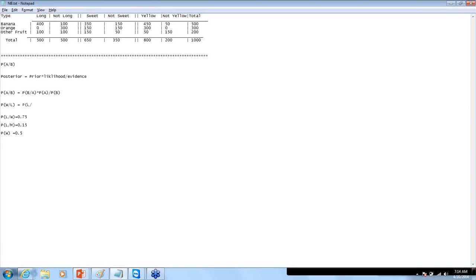We are given that the person was having long hair and is a woman, multiplied by, because we wanted to know the probability that a person was a woman given that he was having long hair, and the total thing divided by the evidence, which is the probability of long hair when it is a woman multiplied by the probability of a woman, plus the probability of long hair when it is a man,